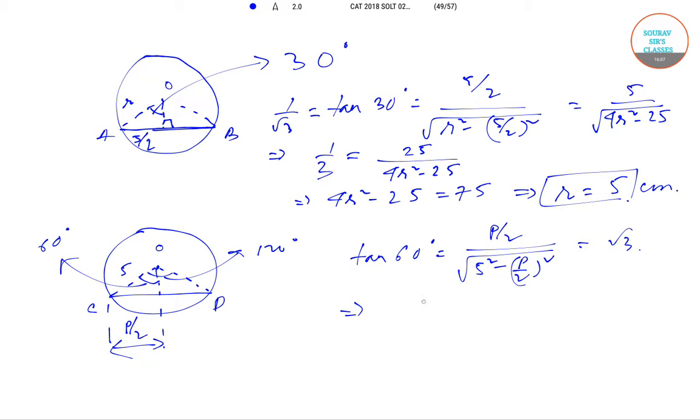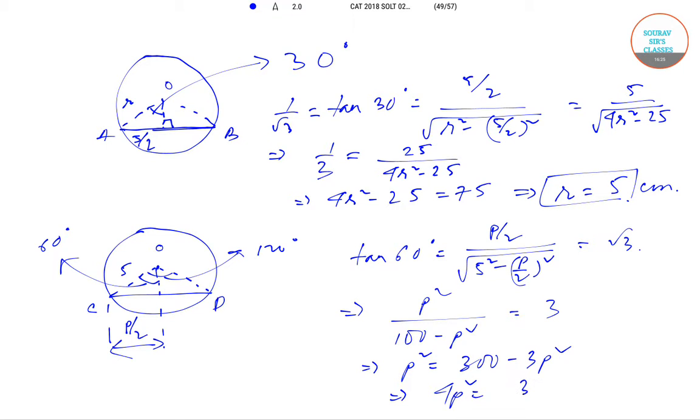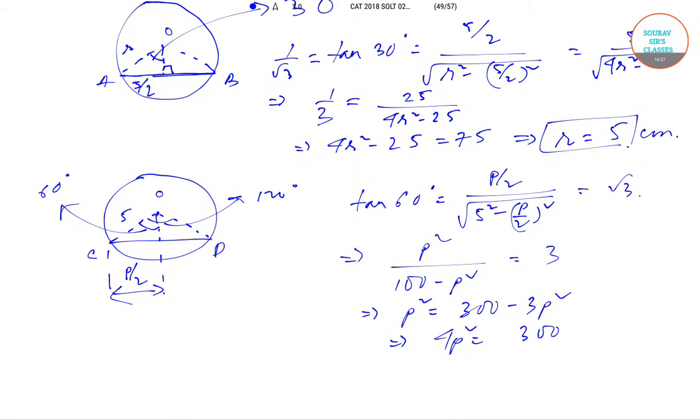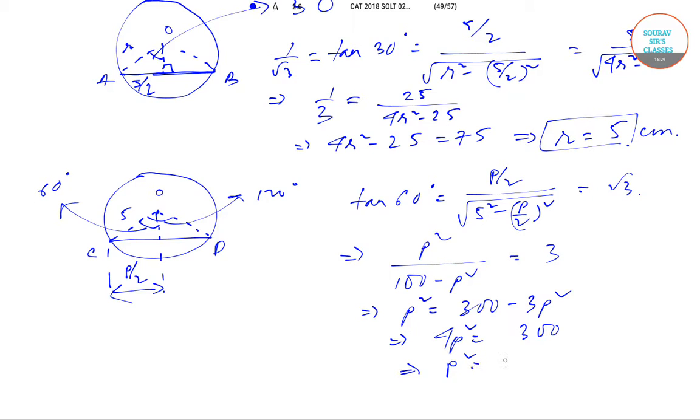So now if we square it, we get P square by 100 minus P square is equal to 3, and this will give us that P square is equal to 300 minus 3P square, and 4P square is equal to 300. That means that P square is equal to 75, and we ultimately get that P is equal to 5 root 3. So the length of the chord that we are searching for is 5 root 3 centimeter,